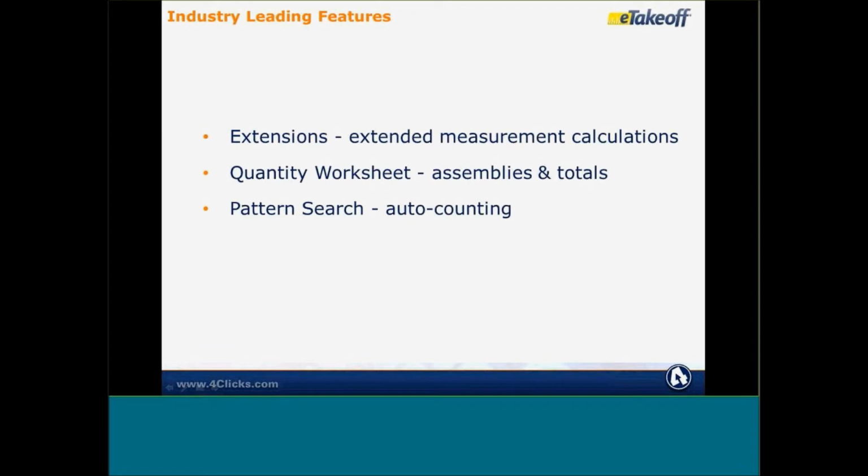The 3 main pieces that we want to show today are extensions. It says extended measurement calculations. What that means is when you measure on the drawing, it's really a 2-dimensional measurement, meaning you can measure a length, you could count something, or you could measure square feet. Extensions attach to a measurement and allow you to extend the 2-dimensional information into 3-dimensional information or even multi-dimensional, meaning